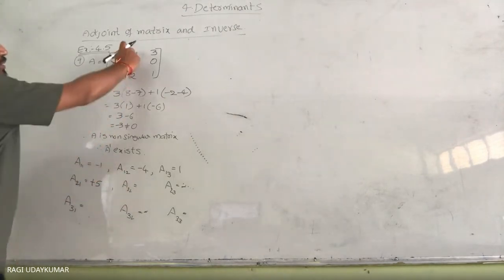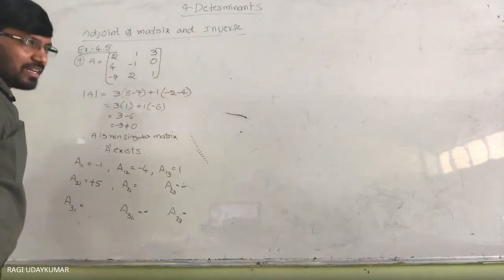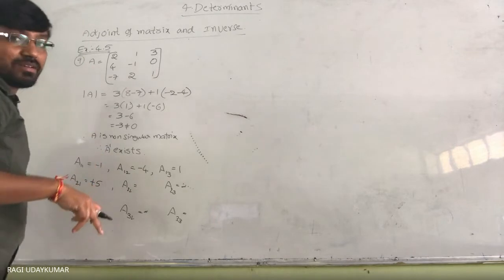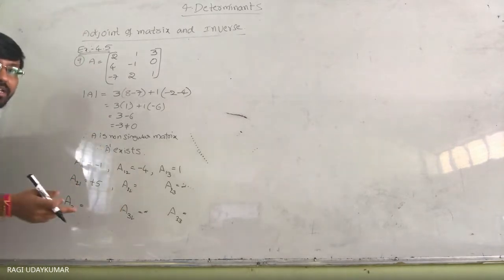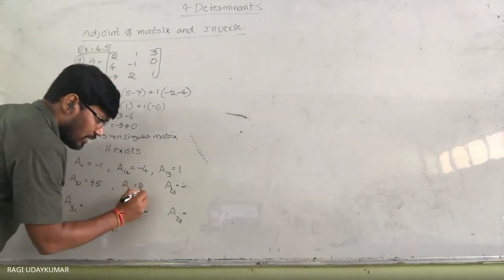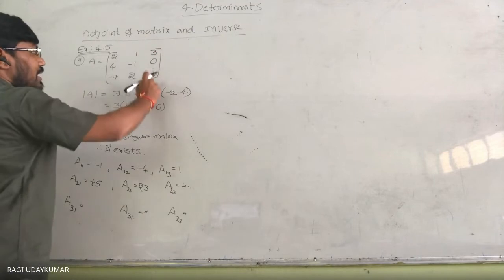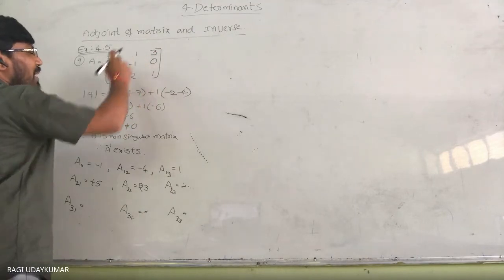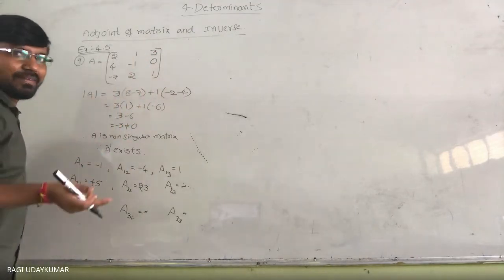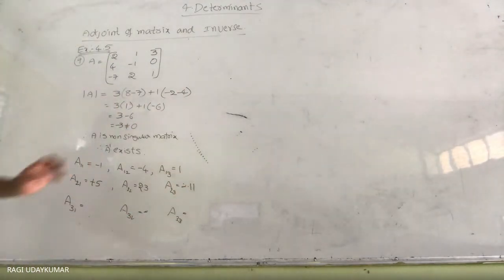This is 2 2. This row, this column. 2 minus of minus 21, 2 plus 21, is nothing but 23. So we are going to get 23. This is 2 3. This row and this column. So 4 minus of minus 7, 4 plus 7, 11. Plus 11, but minus is already there, so we will get minus 11.